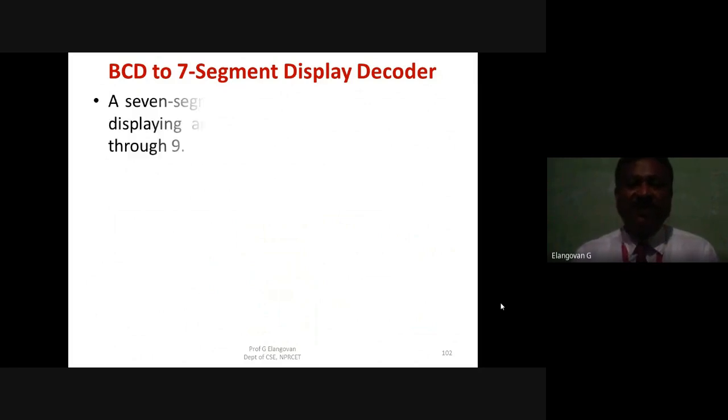Sometimes it is called a BCD to 7 segment display code converter, or sometimes it is referred to as a decoder. Both are the same. If you mean converting from one form of code to another form of code, we can call it a code converter. Most frequently it is called the 7 segment display decoder, since the codes are required to drive the 7 segment display to display our required digital number formats.